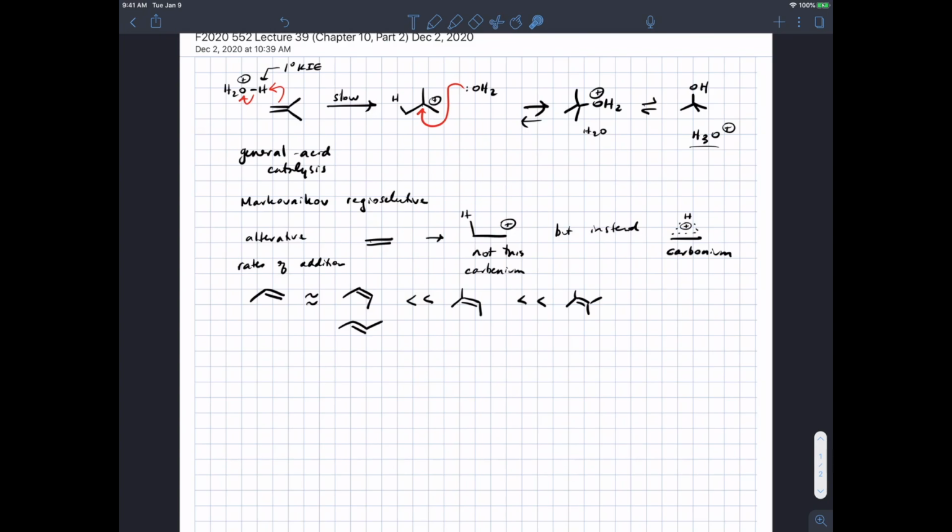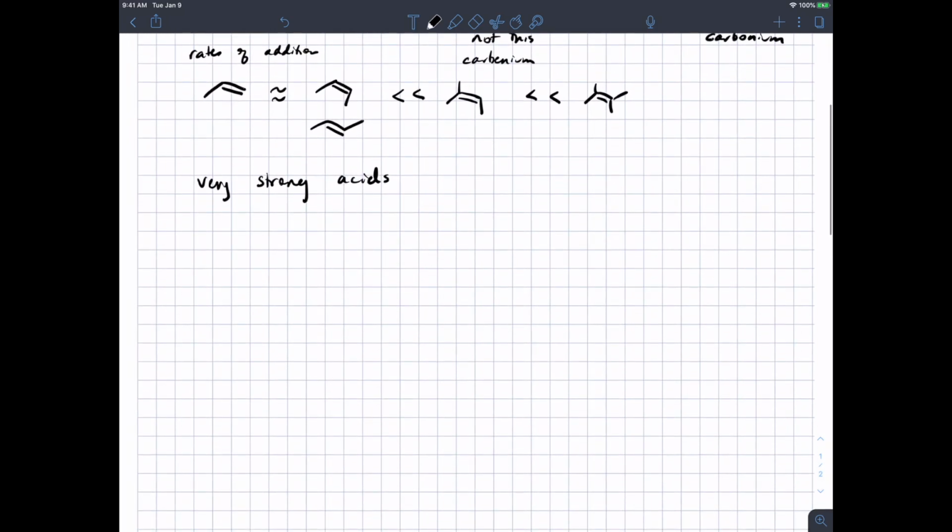I should point out that we mostly talk about this to illustrate some reactivity principles. This is not a synthetically useful reaction, in part because your molecule has to be really, really simple because you require very strong acids. And of course, there are a lot of interesting functional groups that are not tolerant of very strong acids. So in practice, hydroboration is a better approach and is more often used in converting alkenes to alcohols. So if it's okay, unless there's anything else you want to say, we can talk about